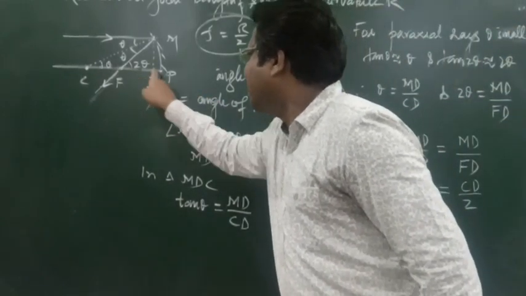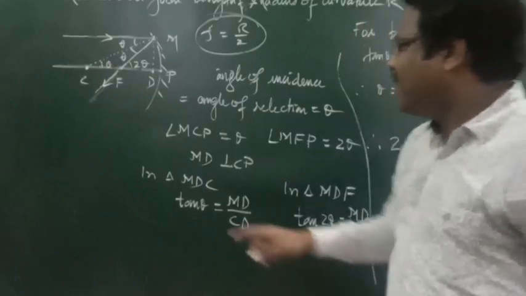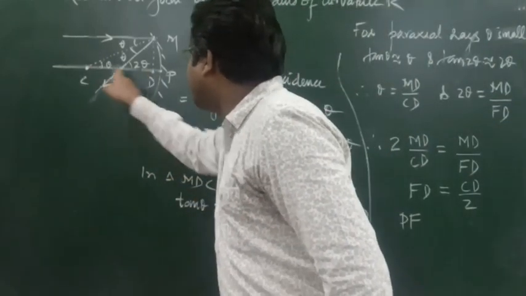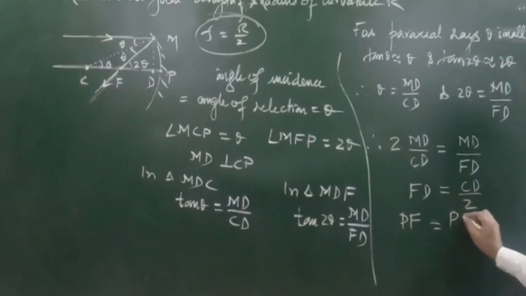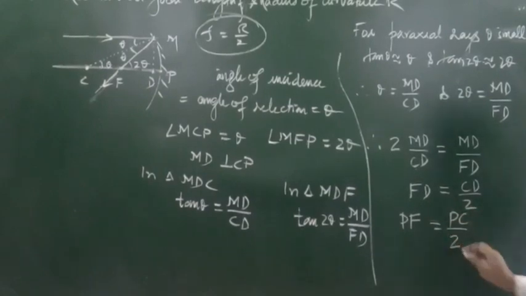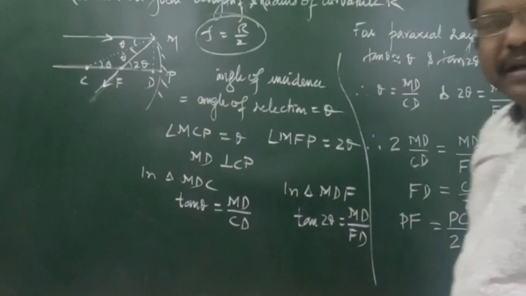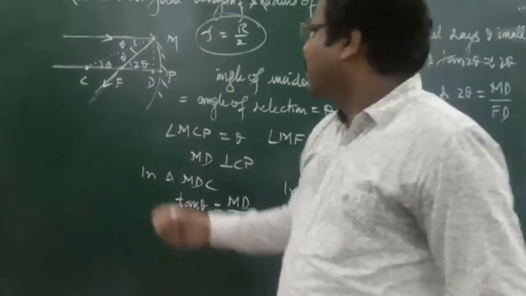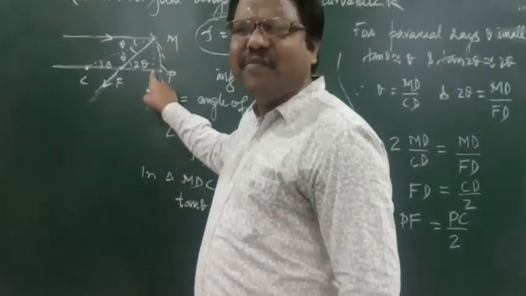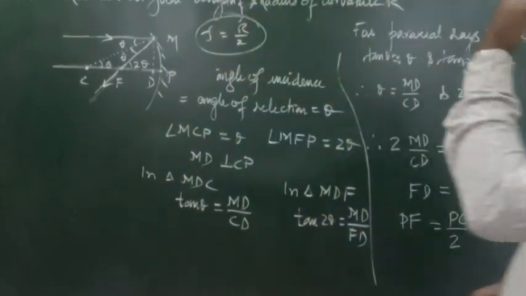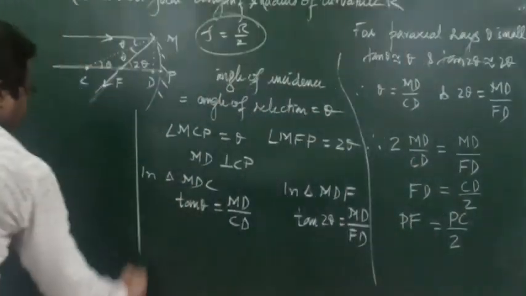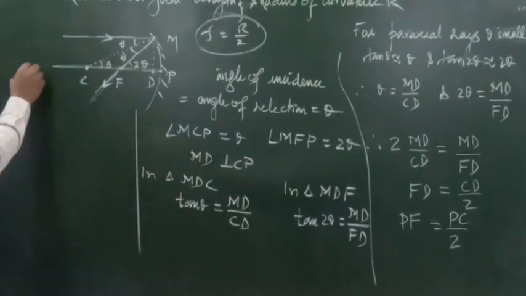So FD can be written as PF. In the same way, CD can be written as PC. So CD will be PC by 2, because these two are very, very near. For a small aperture, D will be very close to P. Is that clear? And from here, now when you have the sign conventions,